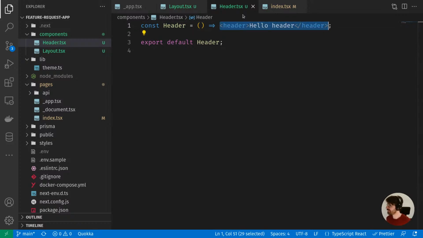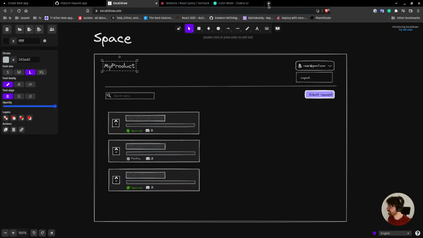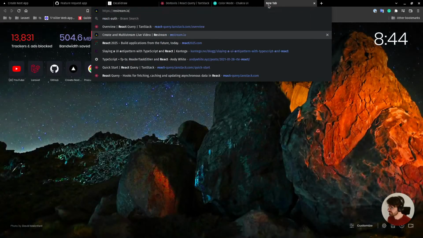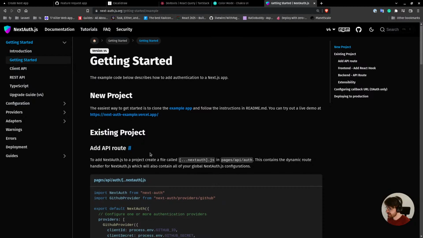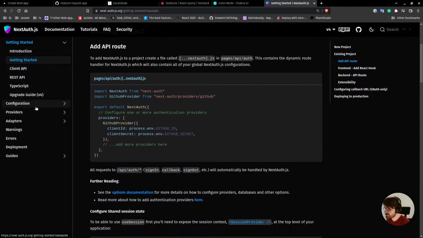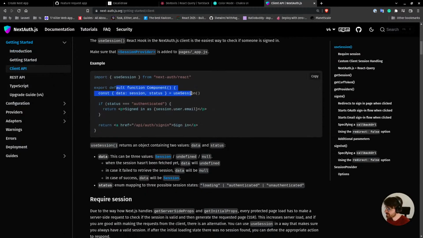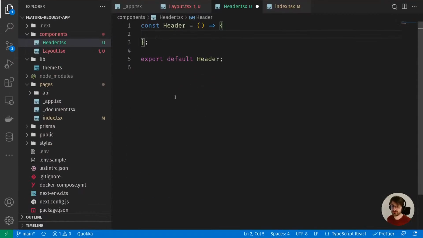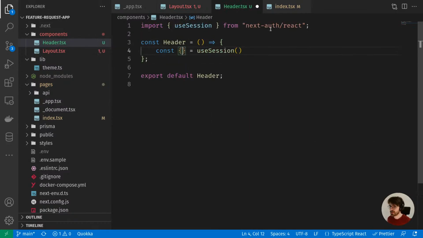So this header won't have any kind of props, but I actually want to access user data. And to access user data, let me show here, it's NextAuth React, sorry. We have to use session, right? So we can go to where it is, one example. We have to use session to actually get the user data. So let's just do that. So const equals use session. We are importing from auth React, and we are going to get data, and we are going to rename this